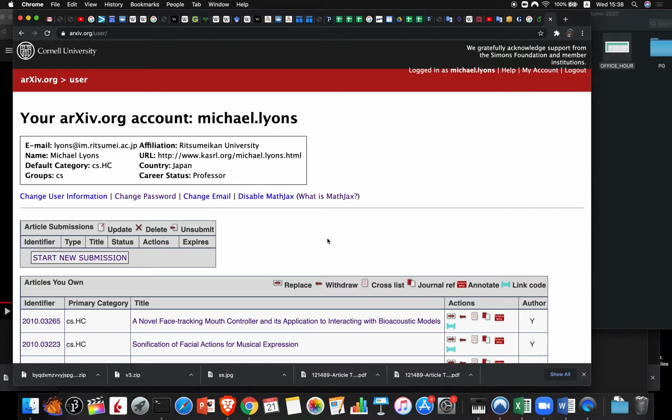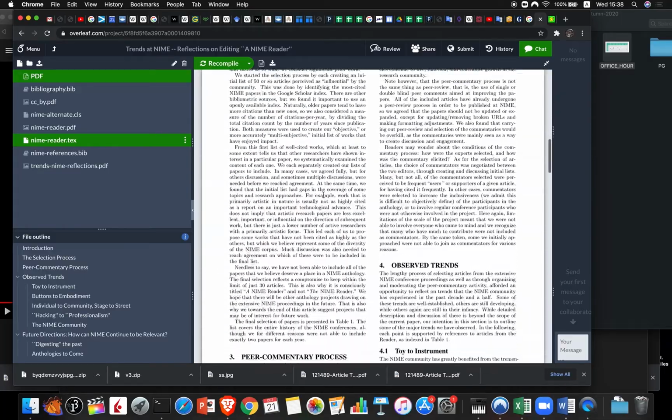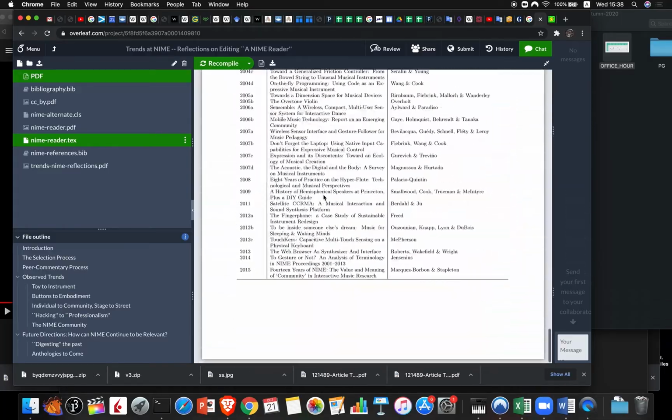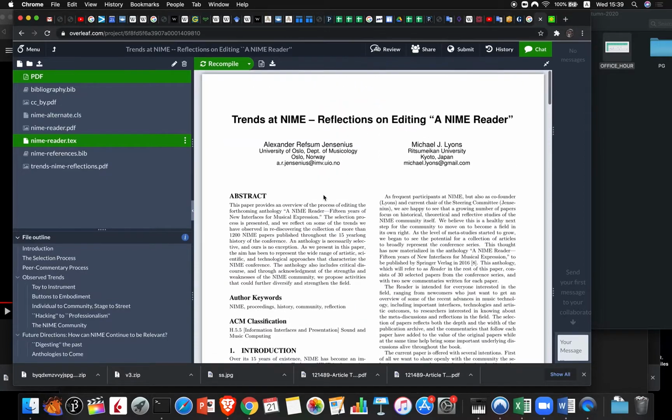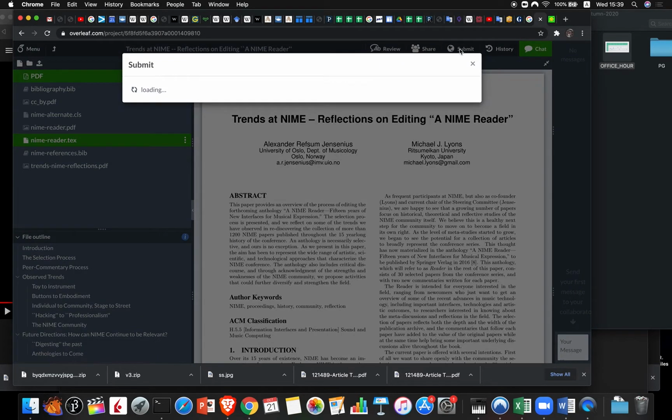Now, there's a convenient feature in Overleaf. This is optional, but it's a nice way to go, I think, if you're using Overleaf. And that is to, when you've got your files all in Overleaf and verify that it compiles correctly and gives you the format that you want to publish or that has been published, the final version of your NIME paper, then there's a function here called submit, naturally enough. And if you just click that,